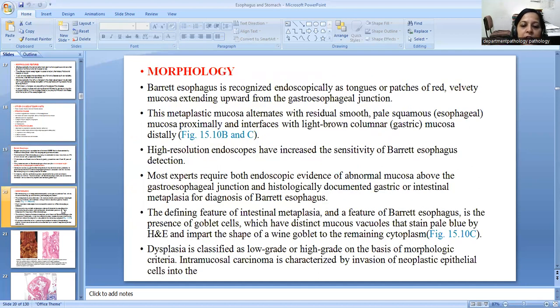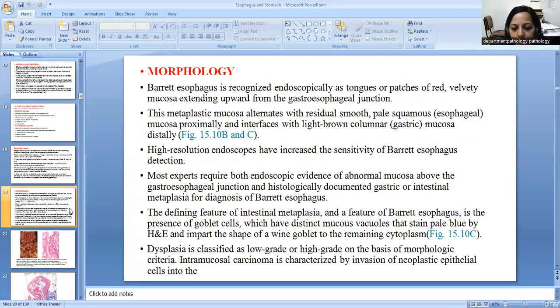Morphology. Barrett's esophagus is recognized endoscopically as tongues or patches of red velvety mucosa extending upward from the gastroesophageal junction. This metaplastic mucosa alternates with residual smooth, pale, squamous esophageal mucosa proximally and interfaces with light brown columnar gastric mucosa distally. High resolution endoscopes have increased the sensitivity of Barrett's esophagus detection. Most experts require both endoscopic evidence of abnormal mucosa above the gastroesophageal junction and histologically documented gastric or intestinal metaplasia